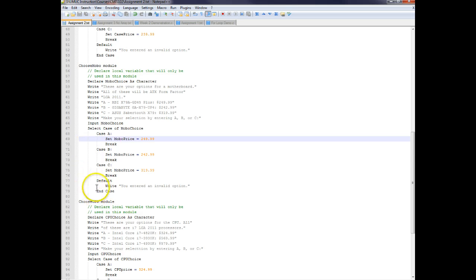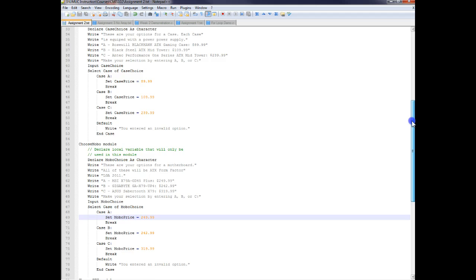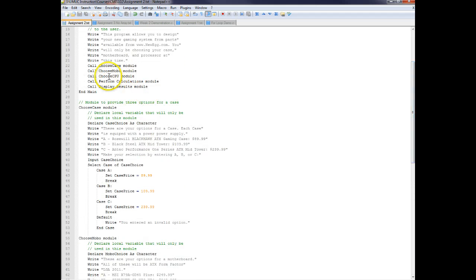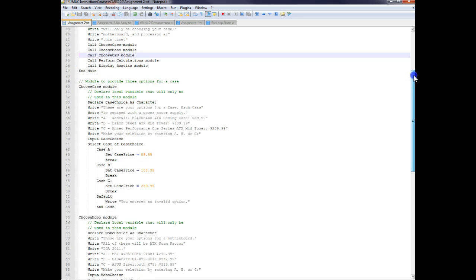And then once that process is done, it's going to exit that module once again and go back to this location and go to the next line for choose the CPU,